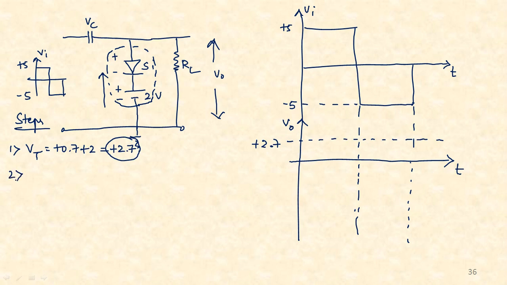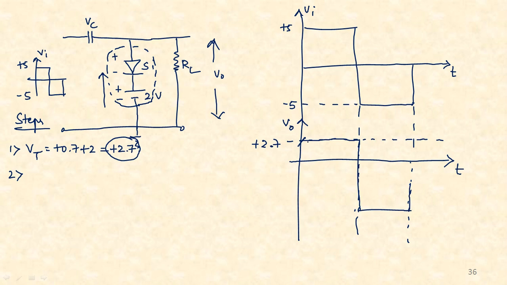Now the shortcut observational method says that check for the symbol of the diode. Is it pointing upwards or downwards now, students? Somebody has to respond. Downwards. Okay. So if it is pointing downwards, then just draw the entire waveform starting from plus 2.7 volts downwards. That's it. Just draw a square pulse.